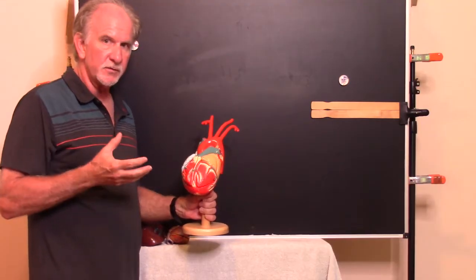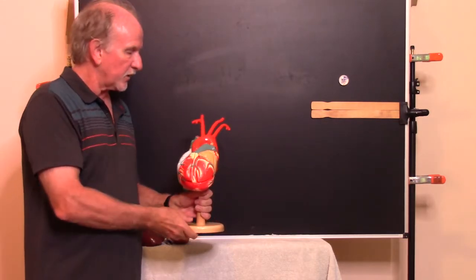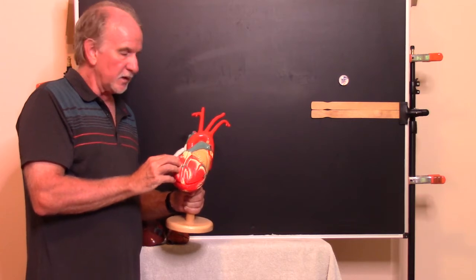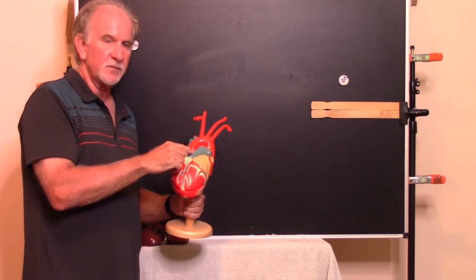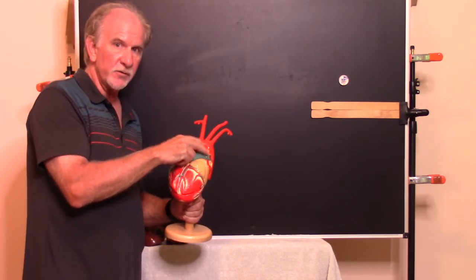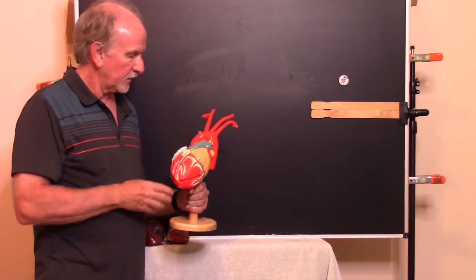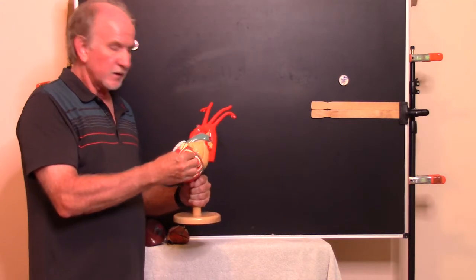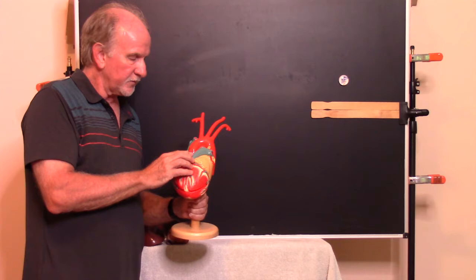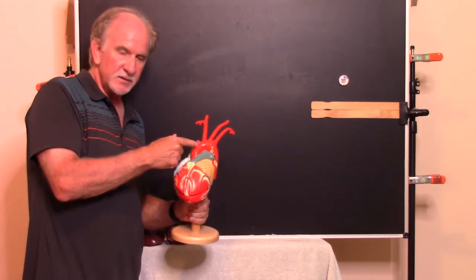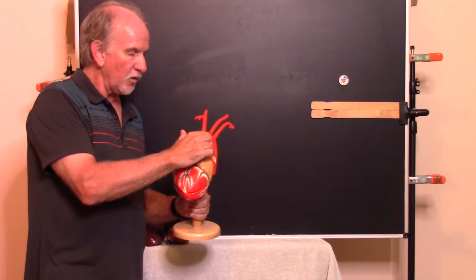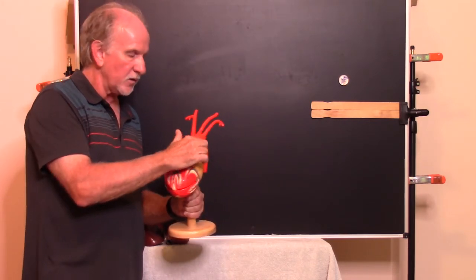I do want you to know the blood vessels associated with the heart. So the right ventricle pumps blood into the pulmonary trunk, and the pulmonary trunk splits to become pulmonary arteries, one to each lung. The left ventricle pumps its blood into the aorta. The aorta ascends or goes up as the ascending aorta, and then it arches over as the aortic arch, and